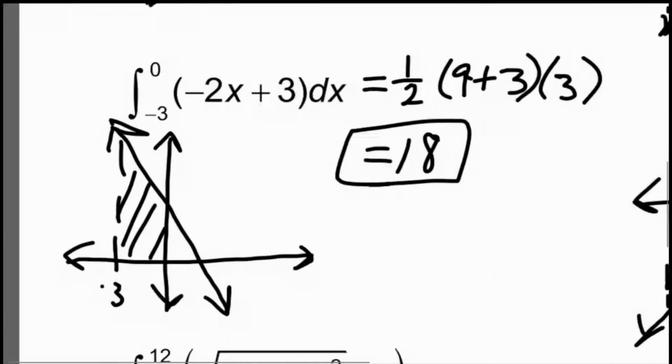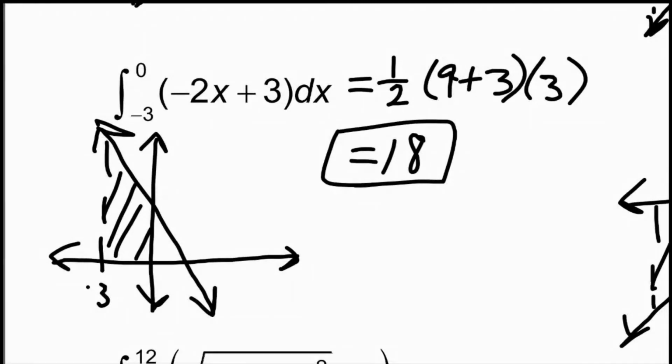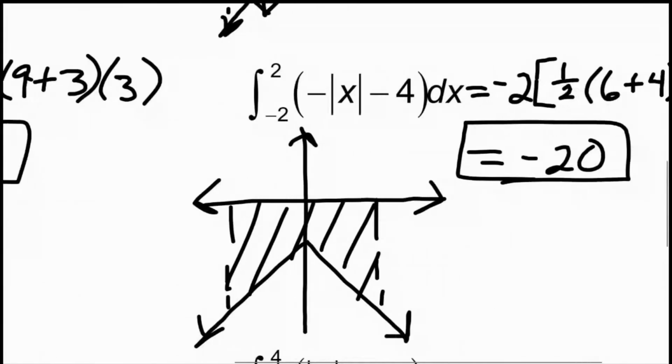Okay, next one here, we actually get a trapezoid. So remember with the trapezoid, it's 1/2 of base 1 plus base 2 times height. That's all I did there. Next one,